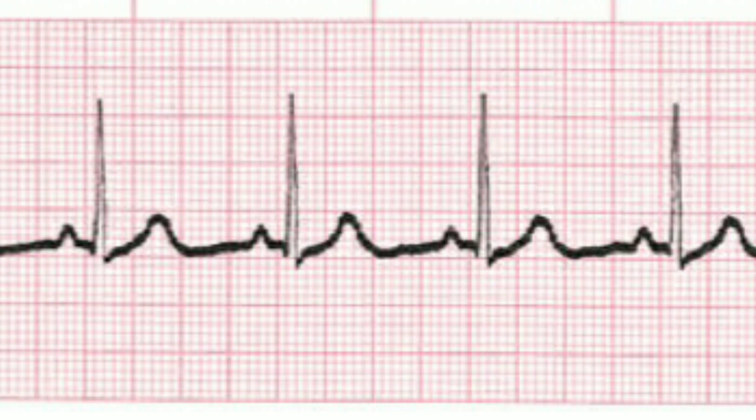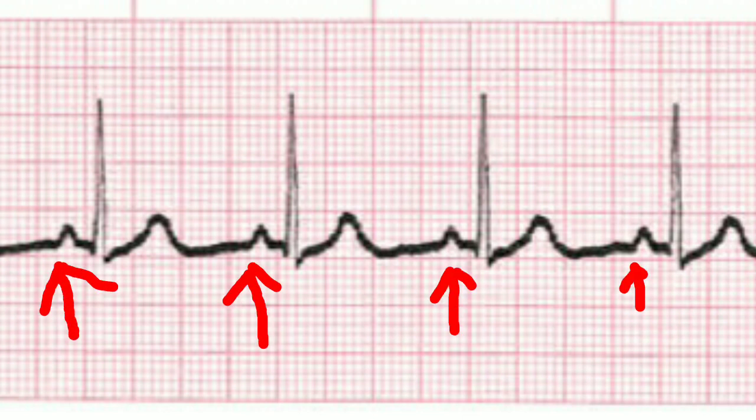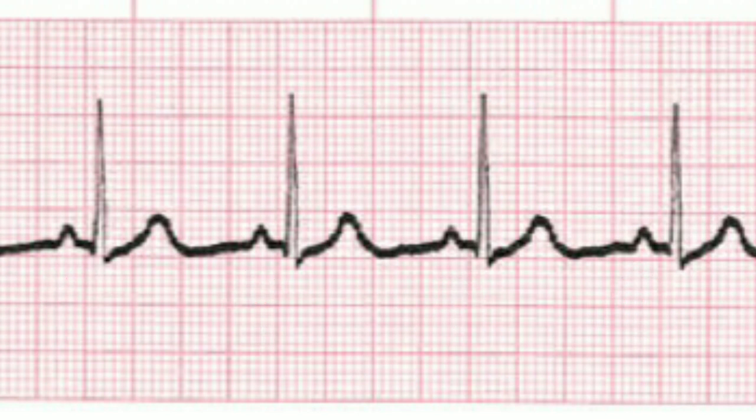For example, if someone has a heart rate of 72 beats per minute, then exactly after every 0.8 second there will be an impulse transmission. So if you want to talk about the rhythm, you need to find a P wave before each QRS complex, and the R to R interval will be regular. This is known as a normal sinus rhythm. What does that mean? That it is being produced by the sinus node. That is why we call it the normal sinus rhythm.